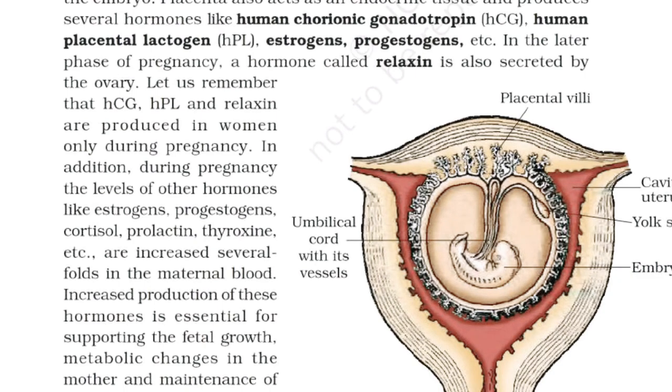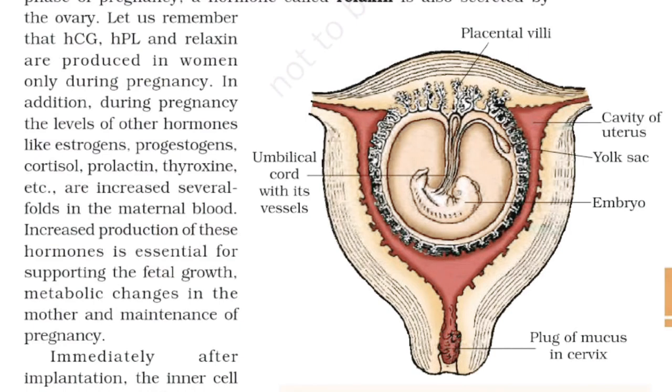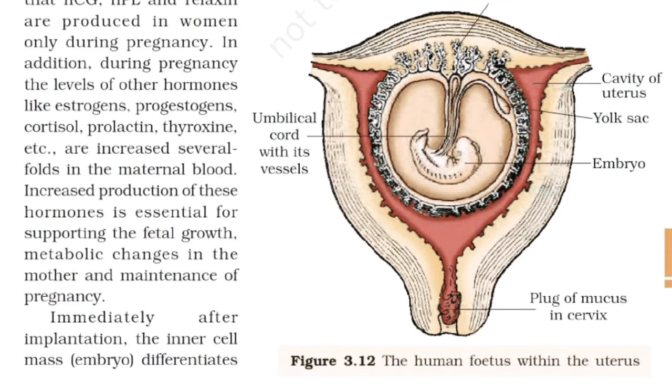In the later phase of pregnancy, a hormone called relaxin is also secreted by the ovary. During pregnancy, the ovary releases relaxin hormone. Let us remember that HCG, HPL, and relaxin are produced in women only during pregnancy. In addition, during pregnancy, the levels of the other hormones like estrogens,